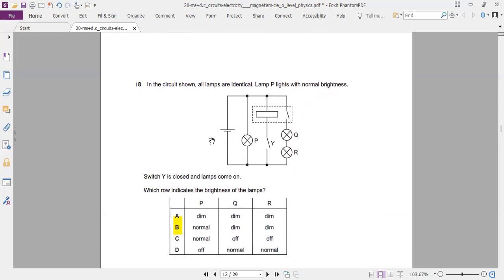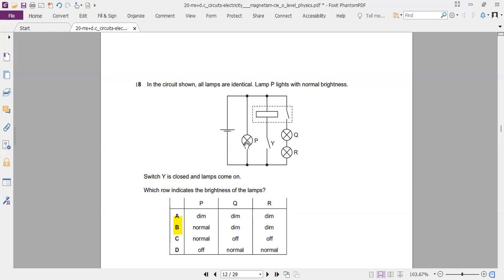Number 18. So what happens when the switch Y is closed? So when switch Y is closed, this circuit is activated. The switch P, which was originally on, and lamp P was on, Q and R were off because this switch was on. It's a relay magnetic switch which operates due to the switch Y when it turns on. When switch Y is turned on, this thing magnetizes, attracts this switch, it comes on, the light bulbs are on,